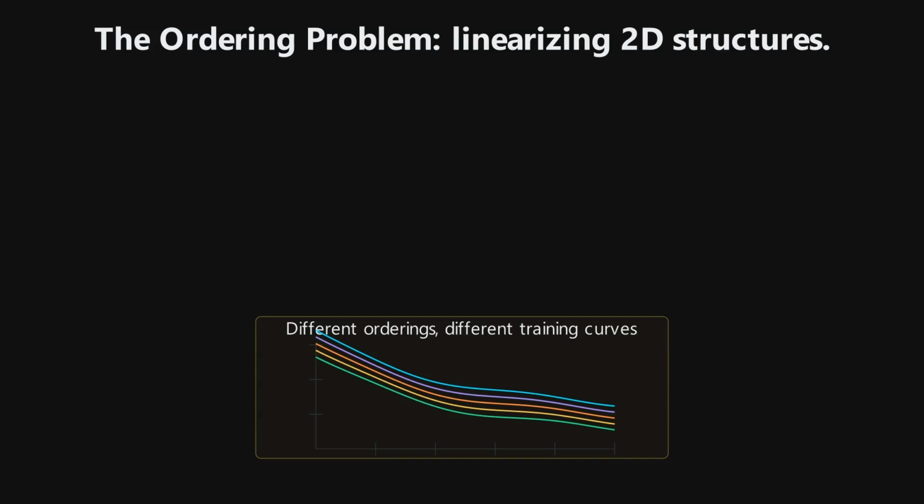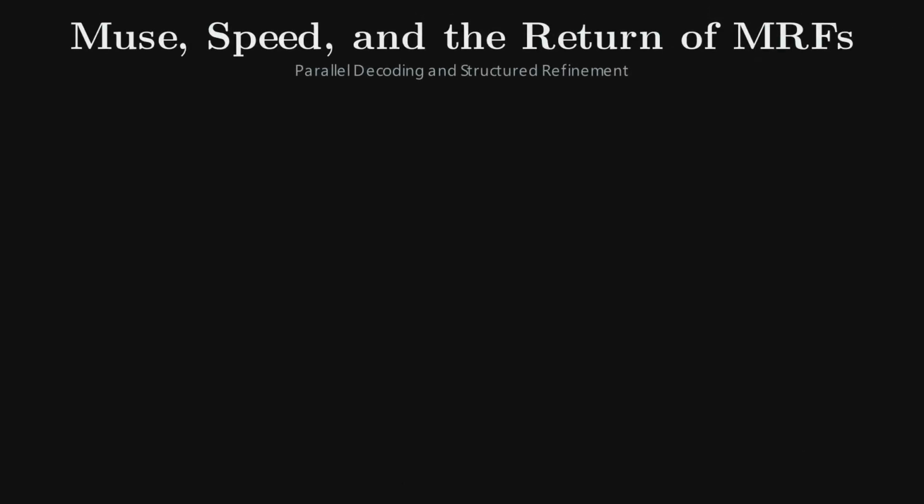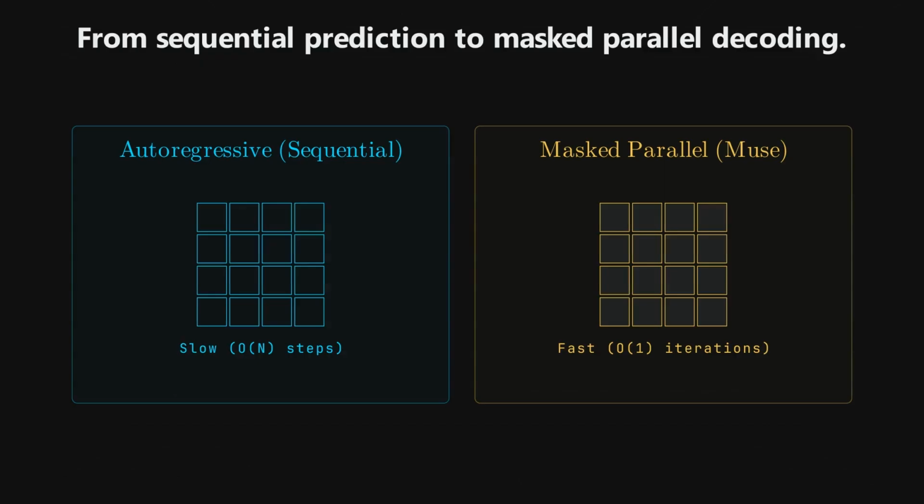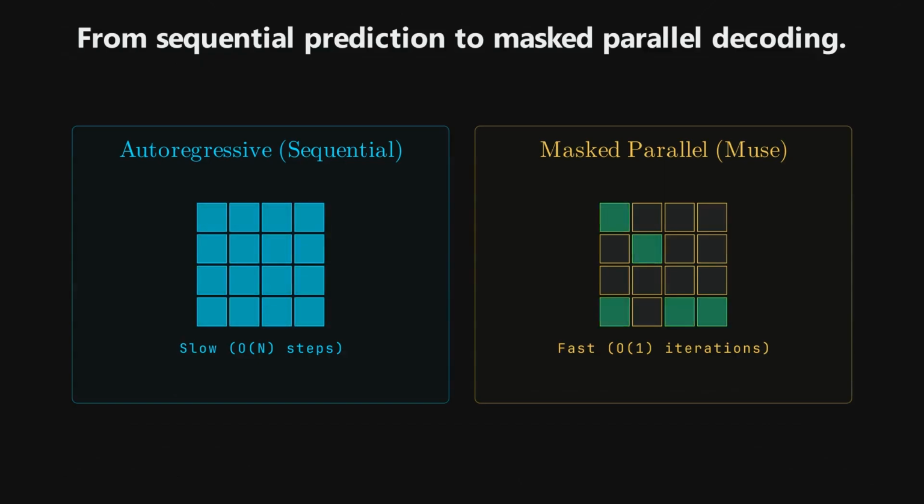So the next challenge is clear. Can we keep the power of token-based generation without paying the full price of slow sequential decoding? The ordering problem makes sequential image generation slow. If a model has to fill the image token by token, one step after another, it can feel like watching a printer from 1998. Accurate, maybe.